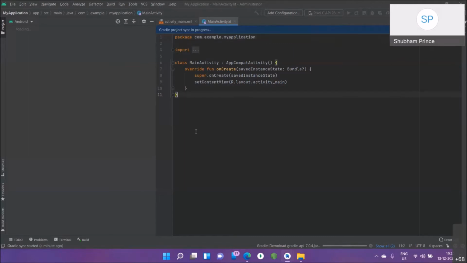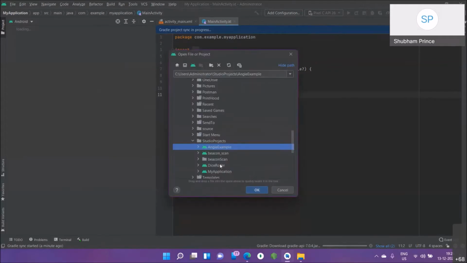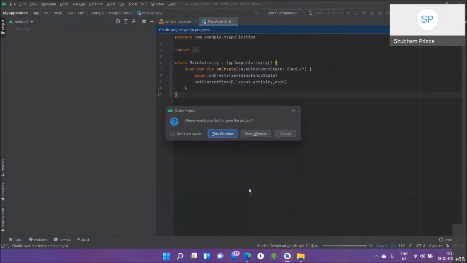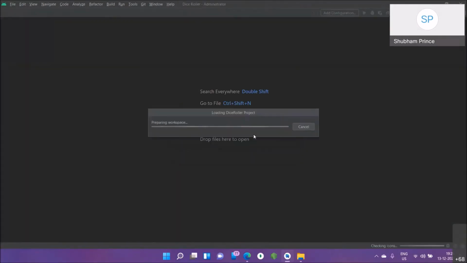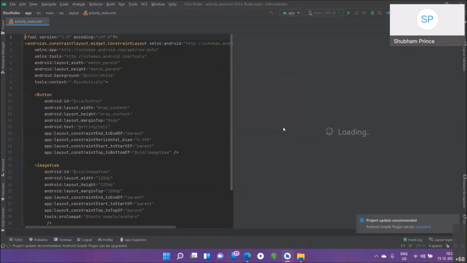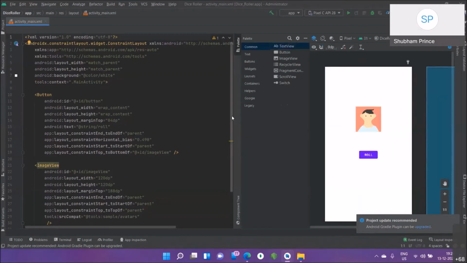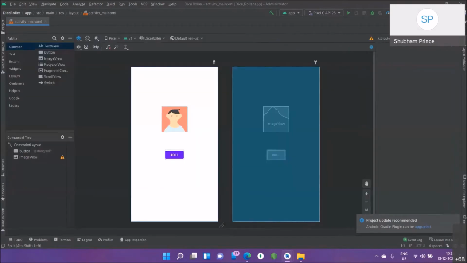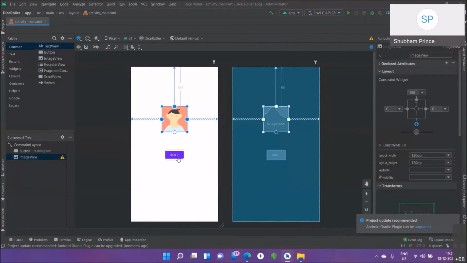Let's focus on the rest of the thing. I'll take an example right now, until and unless it gets created. I'll upgrade it later on. So if you are not good with XML, or you feel it's boring, you can directly use our constraint layout and just drag and drop here. Drag the objects, drop here.